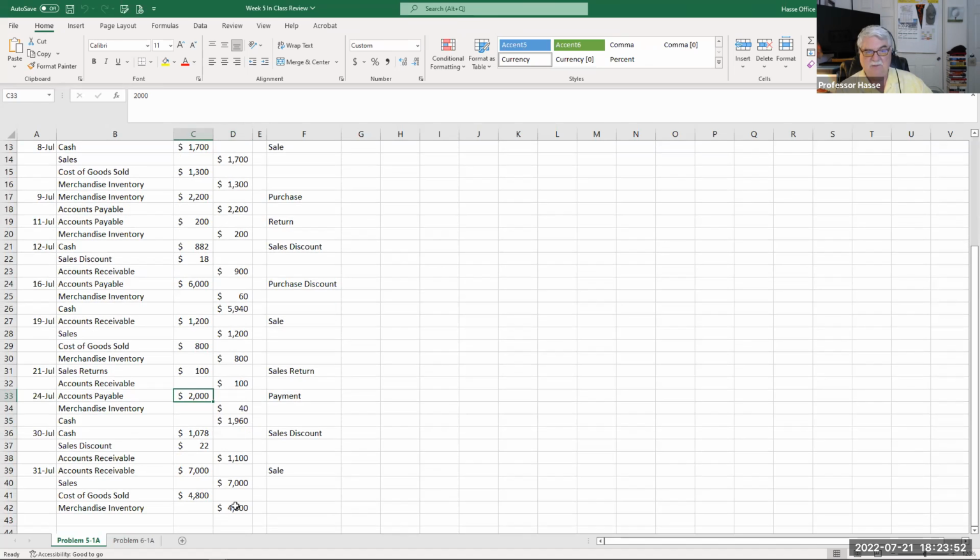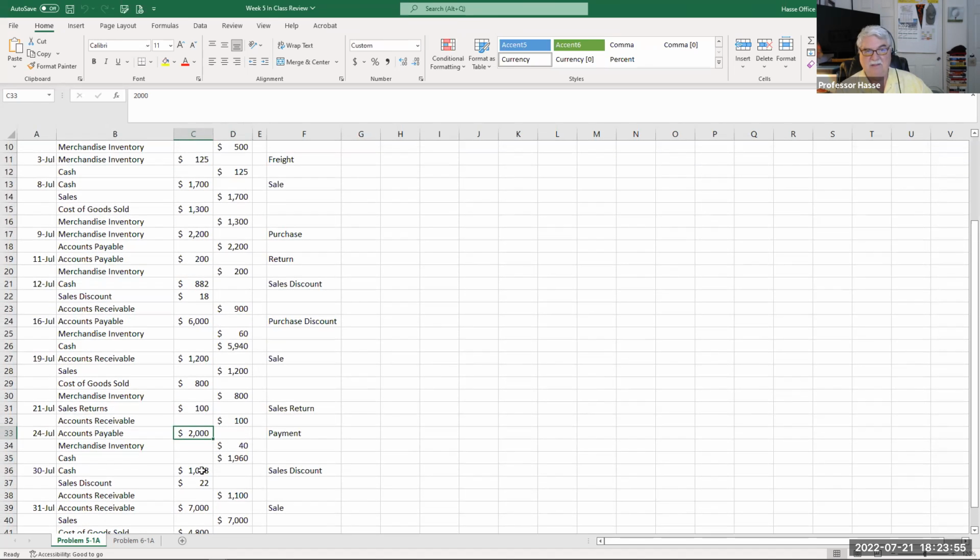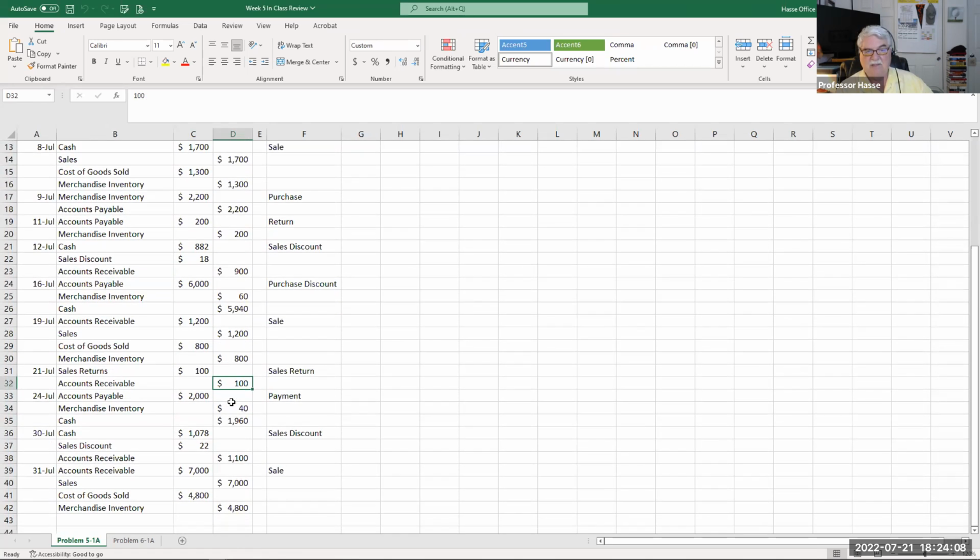Now we have another example. Remember, we had that sale on accounts receivable here of $1,200, of which we gave $100 credit because they returned some of that merchandise, so they owe us $1,100. Now they're paying us back within the discount period, so they're getting a 2% discount on $1,100. So they're wiping out the receivable. 2% of $1,100 is $22. That's a sales discount, and the difference is how much cash we receive from the customer